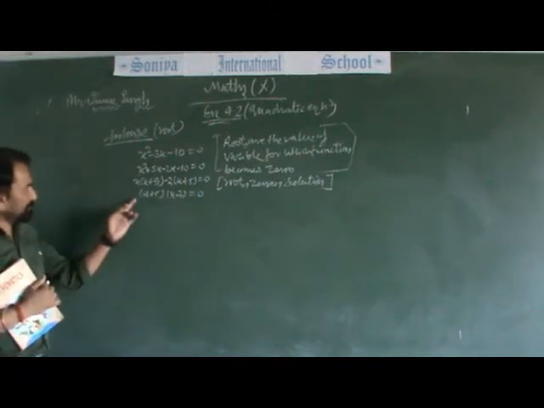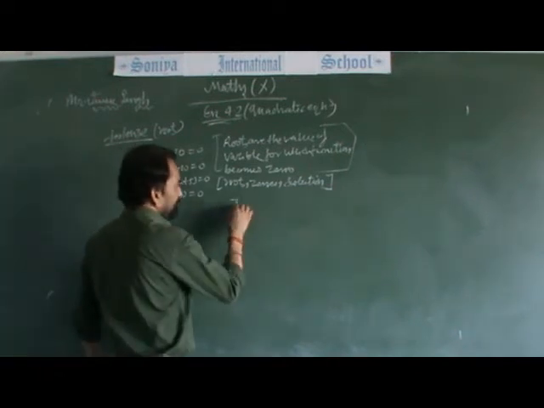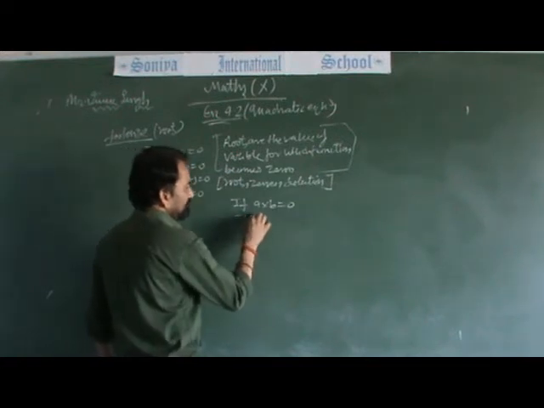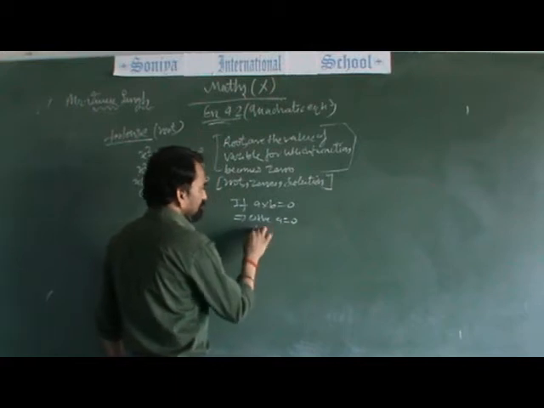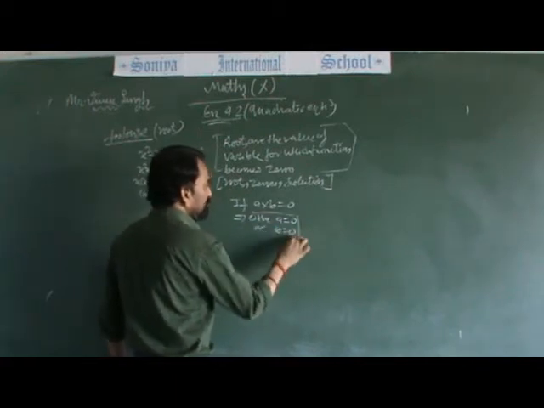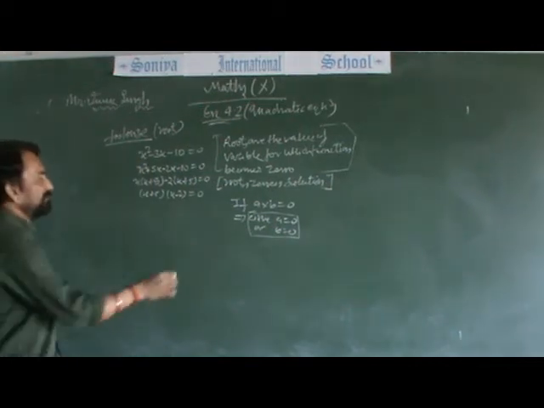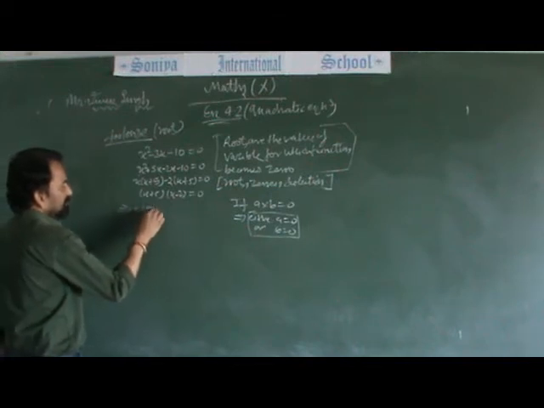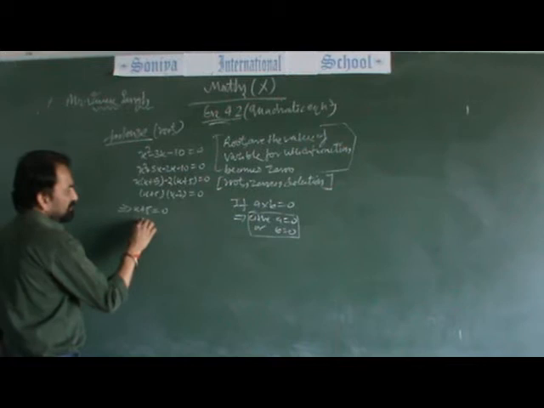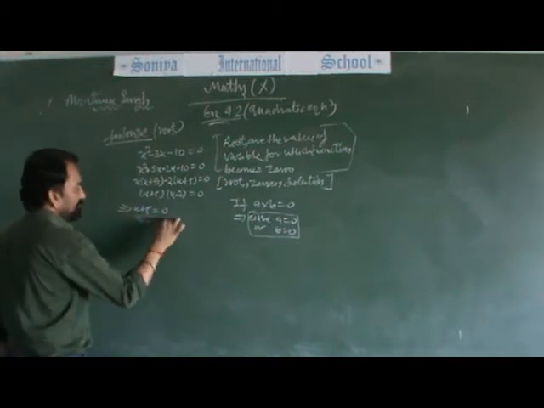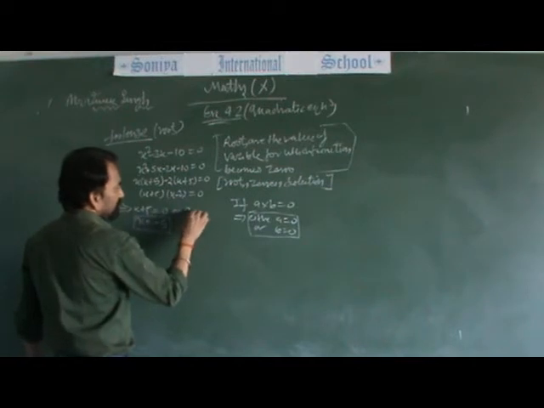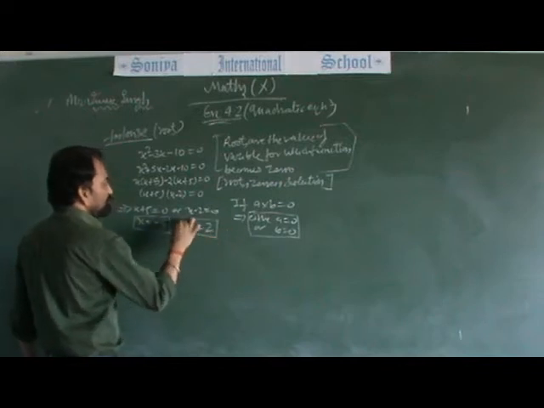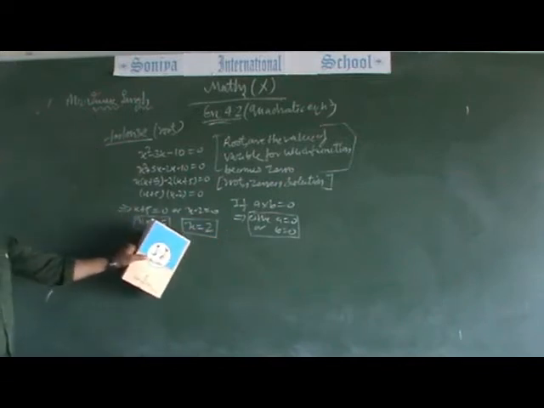Here the product of two numbers is equal to 0. Always remember, if a into b is equal to 0, this implies that either a equals to 0 or b equals to 0. Both cannot be nonzero together. That is a very important point which I am telling you. So one by one, x plus 5 equals to 0, so x equals to minus 5, or x minus 2 equals to 0, so we have x equals to plus 2. So these are the two values of the variable x.